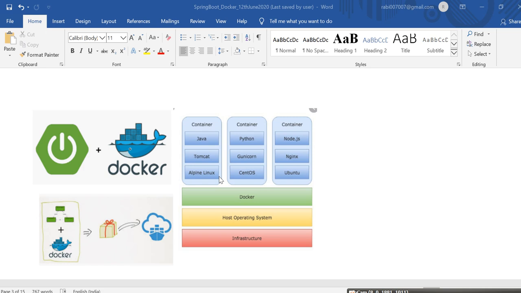Okay, so when the developer ships that application from a different machine, it will run. It's not like one system is able to run it and another system is not. Say in your dev environment you have JDK 8, but in your production or QA environment JDK 7, so it doesn't matter. You are running the image.